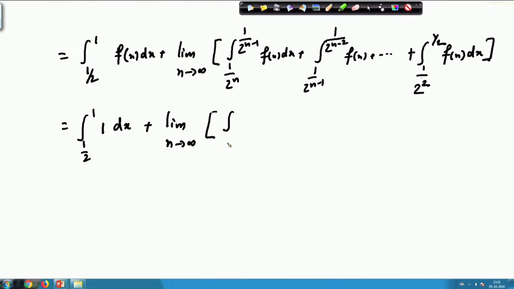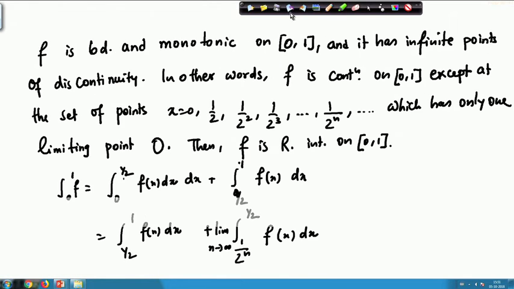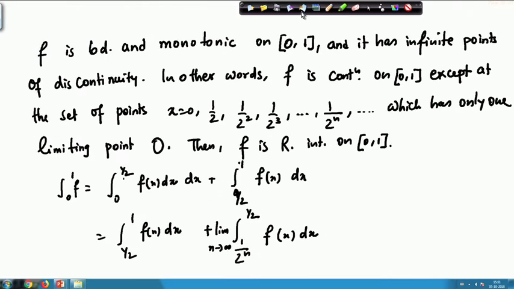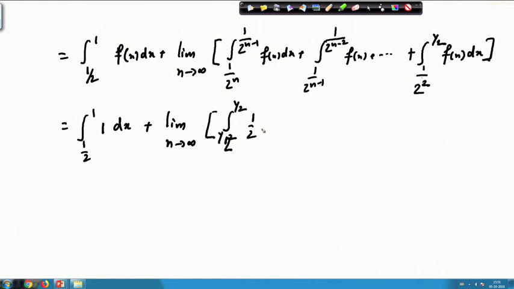So integral from 1 by 2 square to 1 by 2 f(x) dx. Between 1 by 4 to 1 by 2, the value of the function is half. So let us write half here dx,